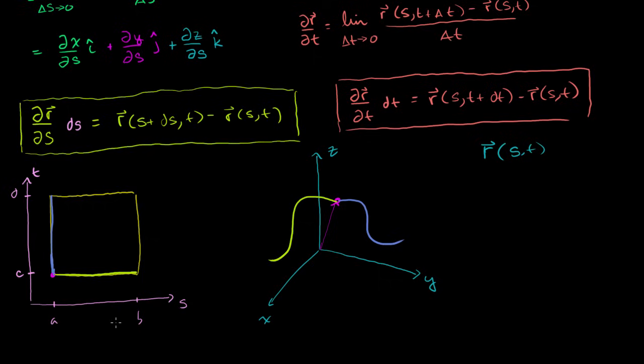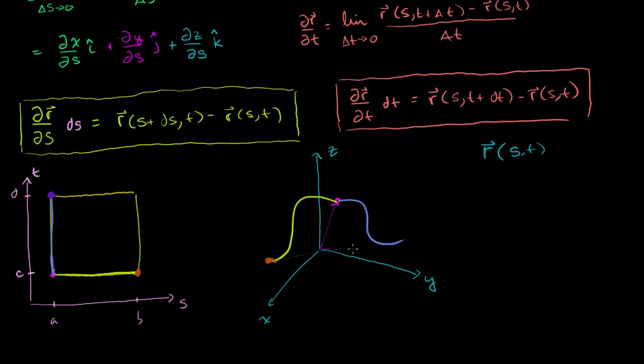I'm just trying to show you an example. So this point right here would correspond to that point right there. When you put it into the vector valued function R, you would get a vector that points to that point, just like that. And this point right here in purple, when you evaluate R of s and t,